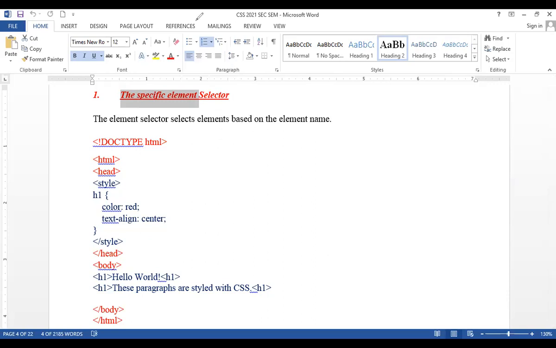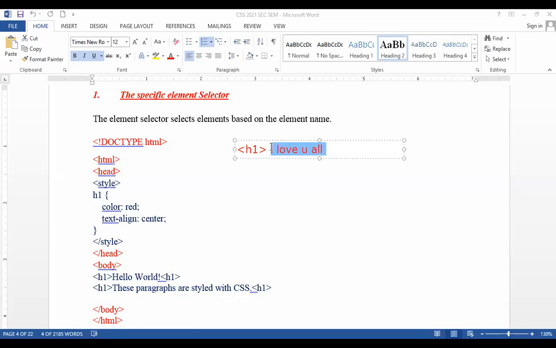For example, if I write H1, H1 is a tag here. Suppose I write, I love you all. What is this? I love you all is nothing but my element. This text is called an element.